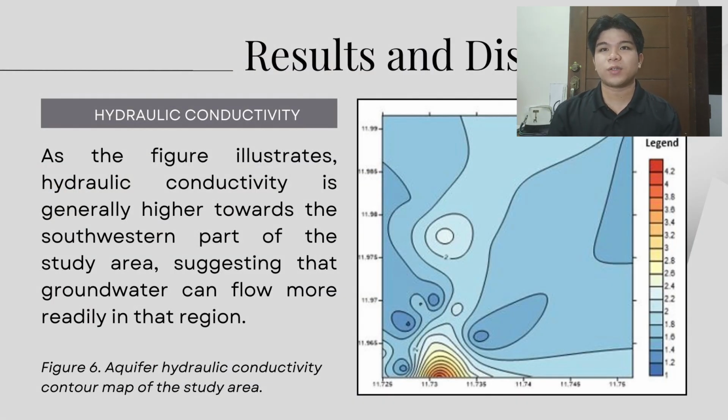area. Figure 6 shows the spatial distribution of hydraulic conductivity within the study area. Hydraulic conductivity is a measure of how easily water flows through the aquifer. It is represented using contour lines. The different colors on the map indicate varying values of hydraulic conductivity. As the figure illustrates, hydraulic conductivity is generally higher towards the southwestern part of the study area, suggesting that groundwater can flow more readily